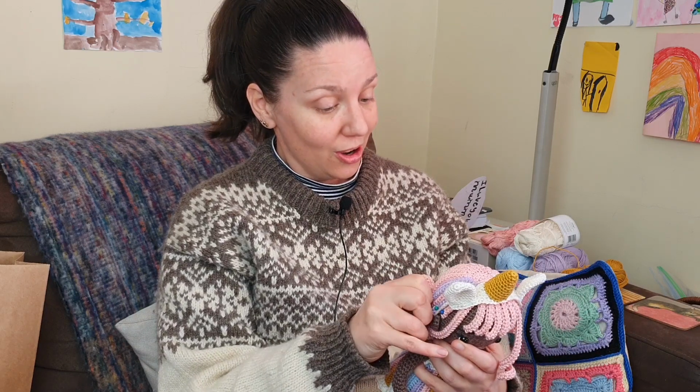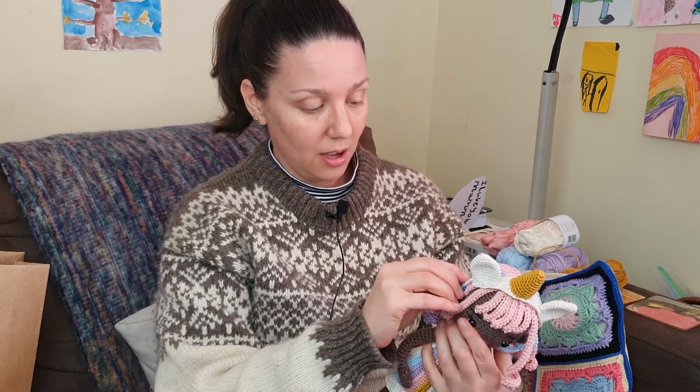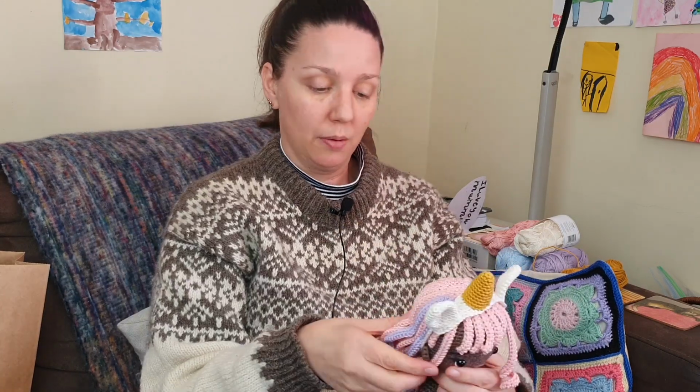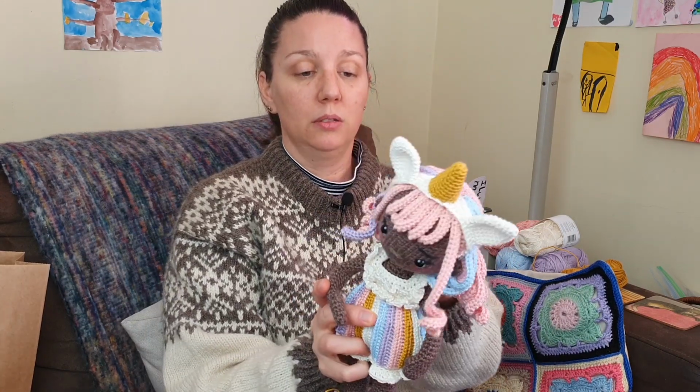Seems to have worked thus far. I think if I was to pull on any of these strands, they would definitely come off. But, as in rip them up. But for now,